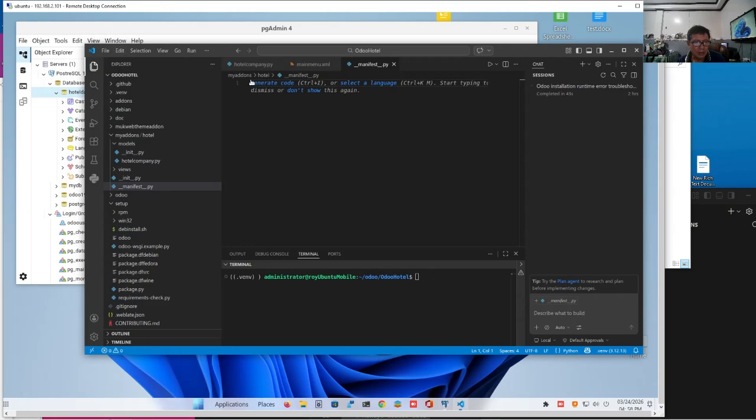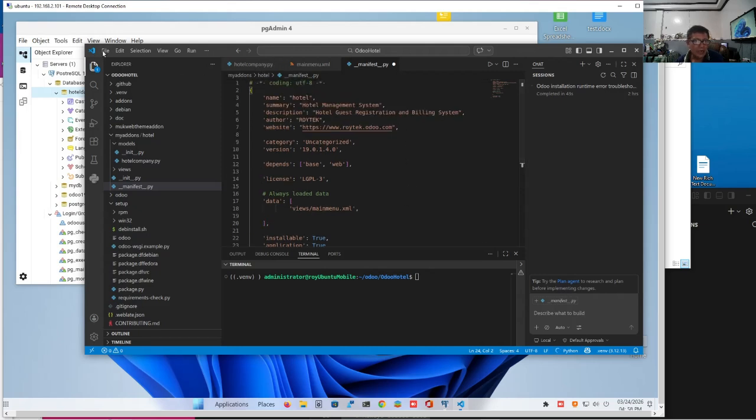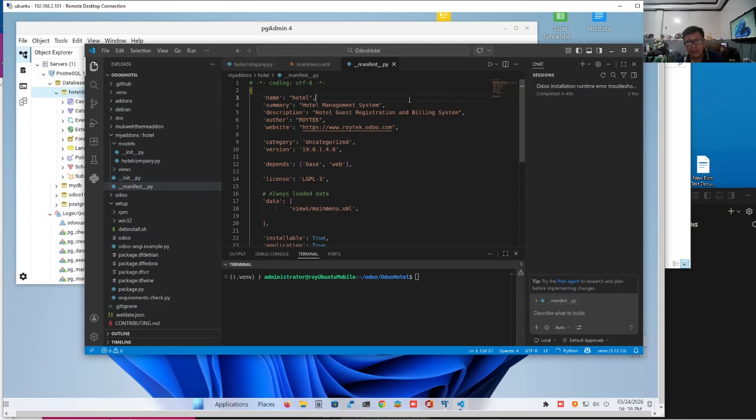Now, what is manifest.py? It is a table of contents, okay, of all the non-Python components. Aside from that, it also gives information regarding our app. It has a name. It has a summary which will appear in the UI. Also the description, the author, and an important number is the version. When you have version 19, no, the version number should be five numbers separated by dots.